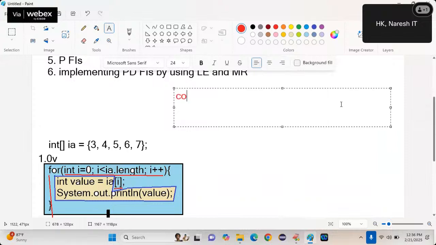For that, I write the collection dot, from which collection you want to retrieve, then the forEach method. The forEach method retrieves each element available in this collection and passes it as an argument to you. You can take any variable name here, then arrow, and then you write System.out.println(obj).